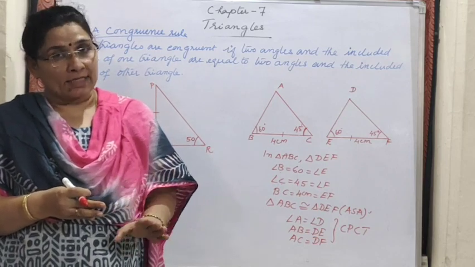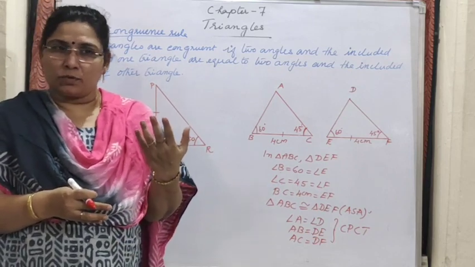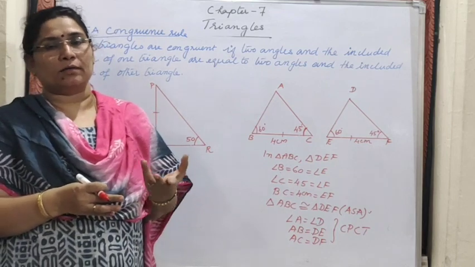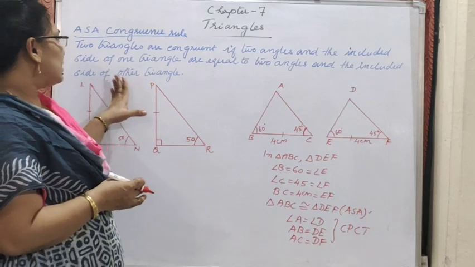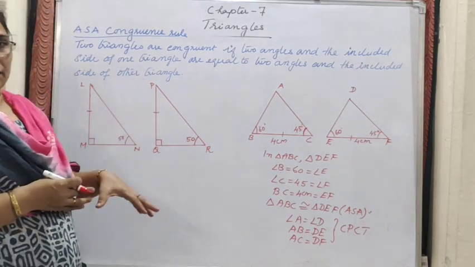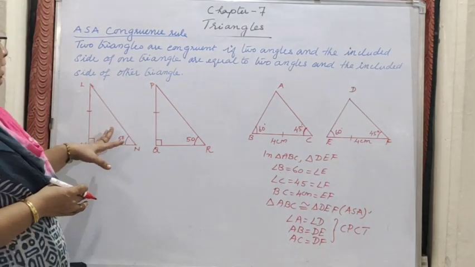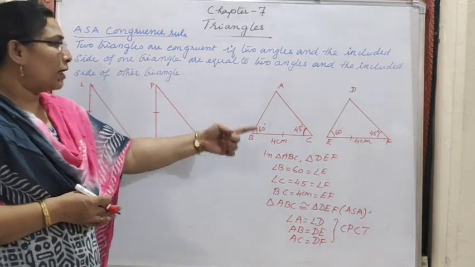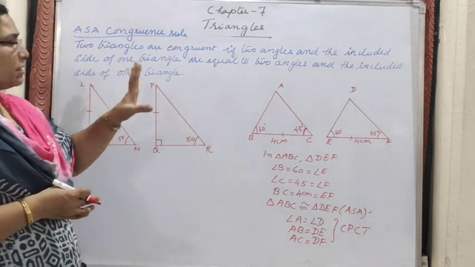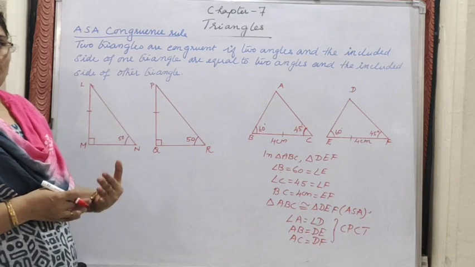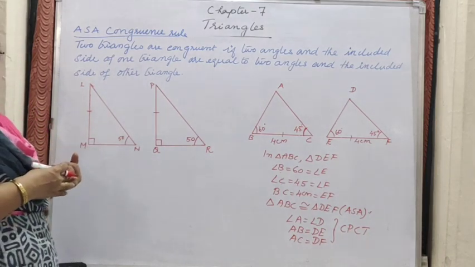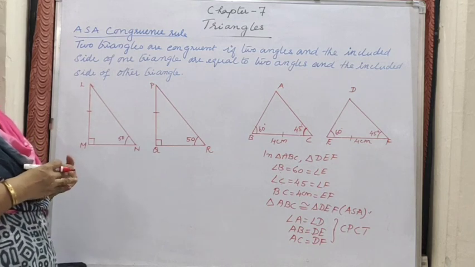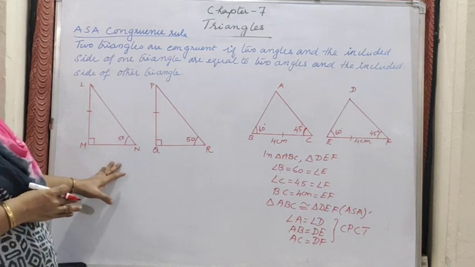SAS is an axiom only, so we have to take as it is true statement only, because there is no proof required. But here it is a theorem. Still, according to the present syllabus, it is deleted. Now the present ASA, we are telling that in the definition included is there, but the word is not much important as compared to SAS. SAS, we are telling that the included angle must be there, otherwise we cannot prove. Now what is happened to this example?